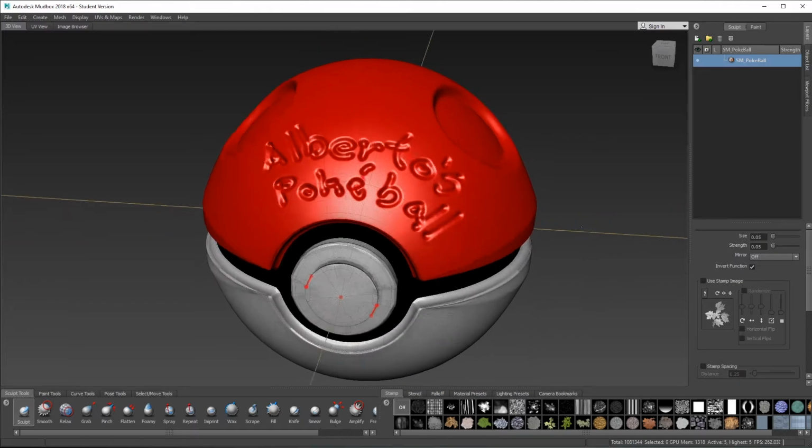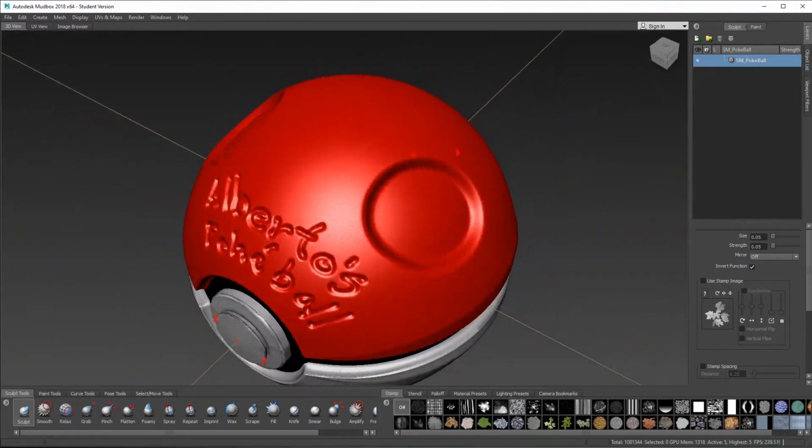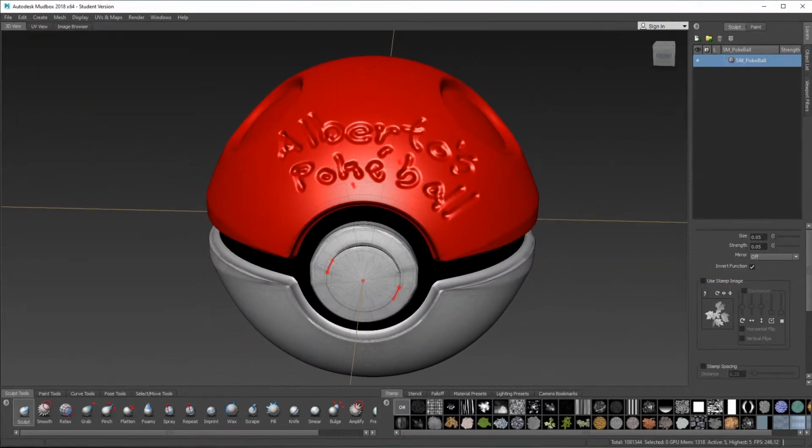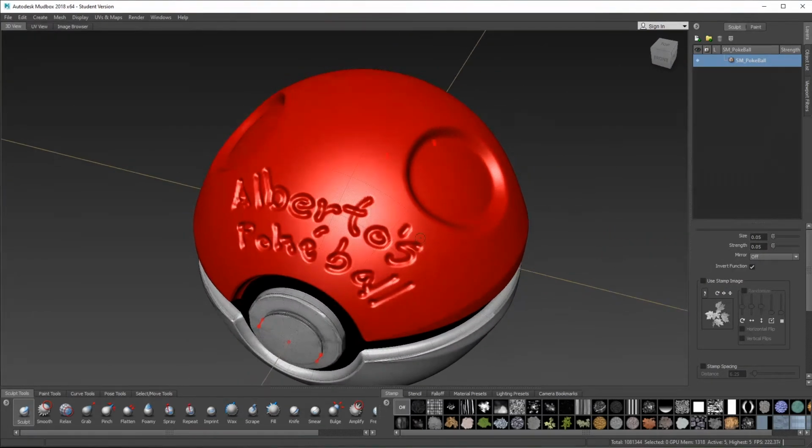Alright, so that is going to be my very special Pokeball. One thing that I can do in here as well, other than just modifying the surface, is I can start adding more geometry, in the sense that I can start cutting things out. I need to make this brush a little bit larger for this to be noticeable. My strength,